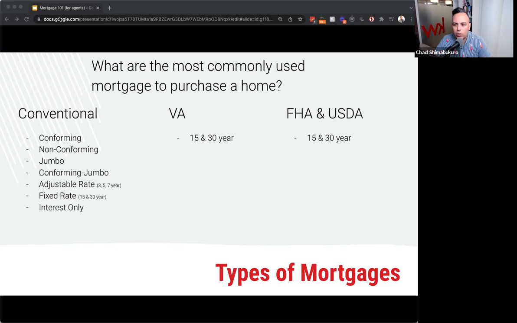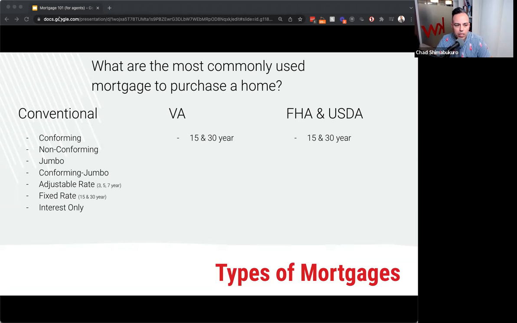How do you begin doing that if you don't have a home to sell, to have an equity position or what have you? FHA loans are typically a good starter loan or first-time home buyer loan. You guys ever hear of the marketing piece, like, hey, we have a first-time home buyer program or loan? They're really just repackaging that. That's really an FHA loan. That's basically what that is. It's not like a new loan that some credit union is inventing. For the most part, it's an FHA loan.